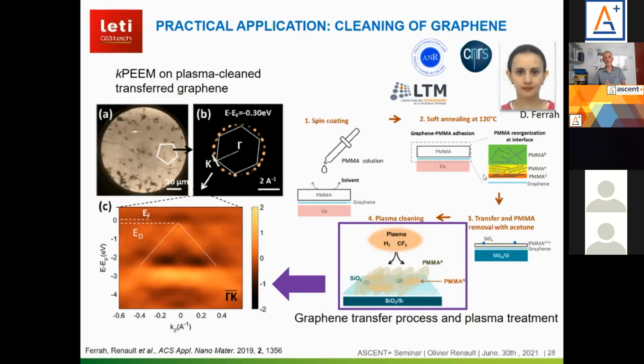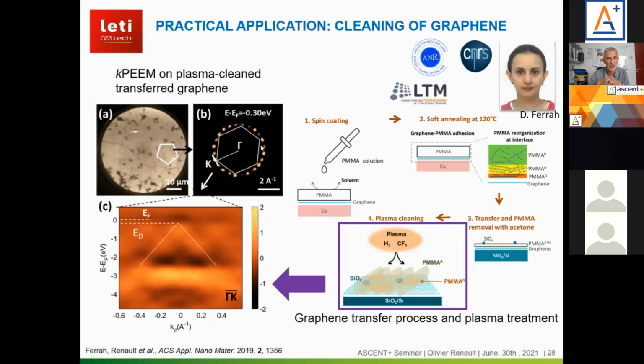So we've performed the KPEEM analysis of the plasma cleaned transfer graphene surface. So this is the PEEM image. Image A is a PEEM image of this situation. We've been selecting the area for recording the band structure, and you find close to the Fermi level a set of Dirac cones. And the Dirac cone is really the fingerprint of graphene in its